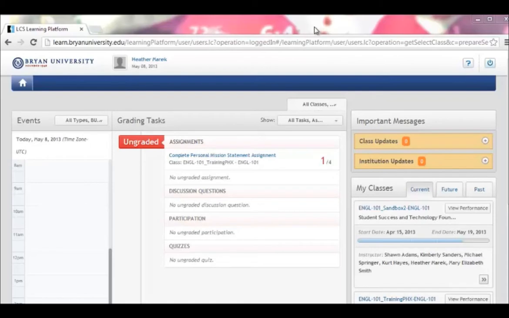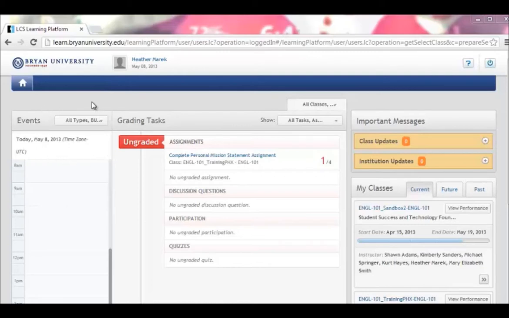Hi, and welcome to another video on how to navigate your way around LearnBryan, the new learning management system. In this video, we're going to take a look at the home page and navigate through the different things that you can do from this particular page. We're going to start with the top couple bars here and then make our way through the other lower sections